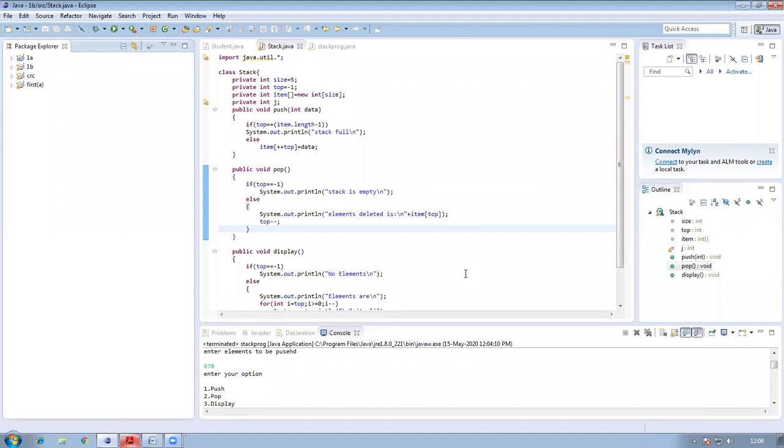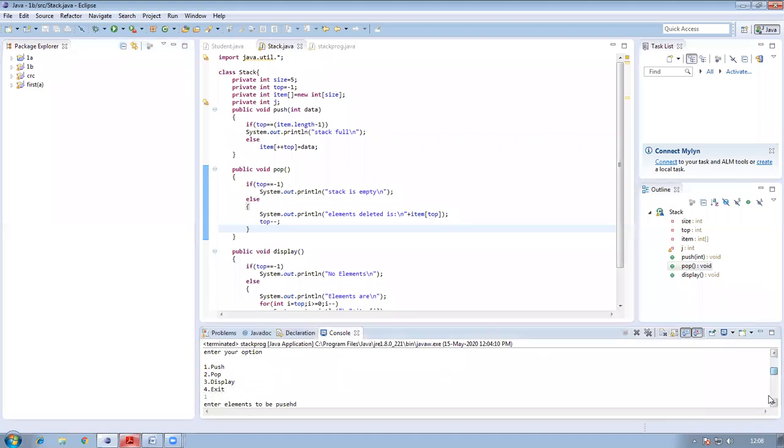So I hope you understood both the programs: one was creating an object, and the second program was performing stack operations, push, pop and display. Okay, so we saw both the programs. So if any doubt is there, you can ping me on WhatsApp or my